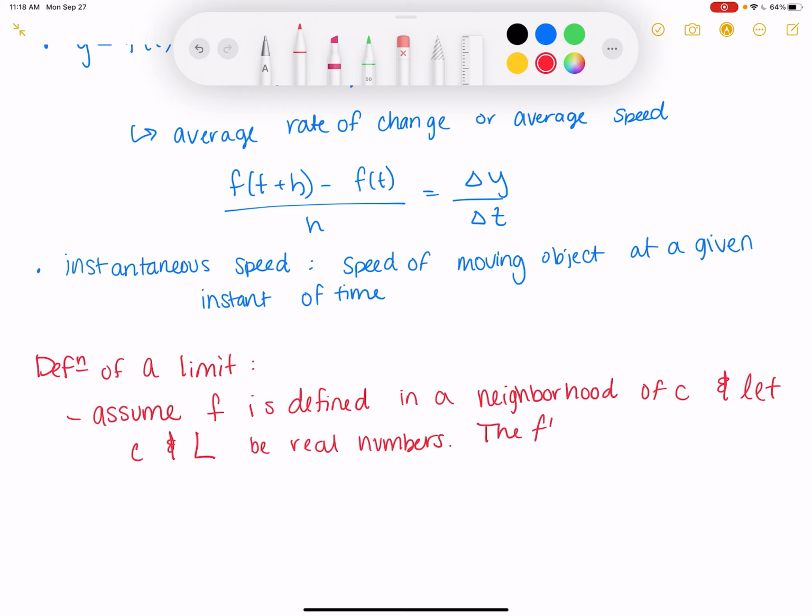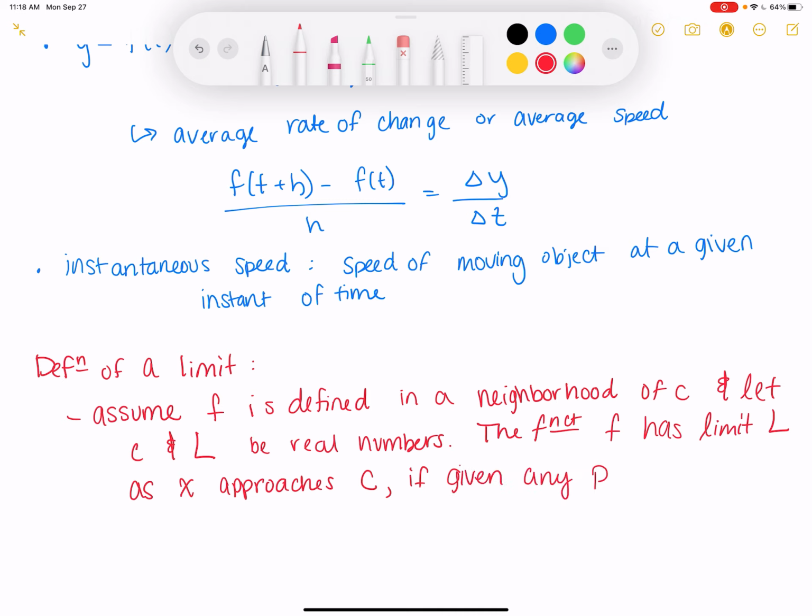The function f has limit L as x approaches c if, given any positive number epsilon,